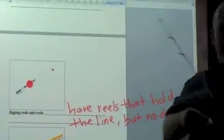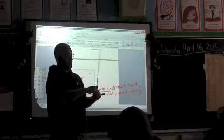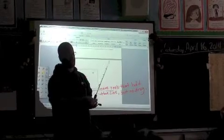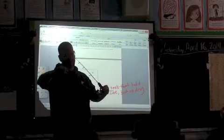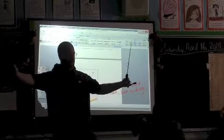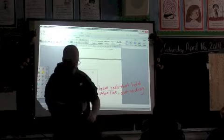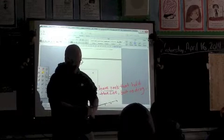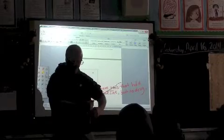Here's the drag. Everyone look up here. See this little button? Claude, see the little button here? Okay, that's how you set your drag. If you want it loose, so you can fight with a fish, it pulls the line out. Okay? If you want it tight,